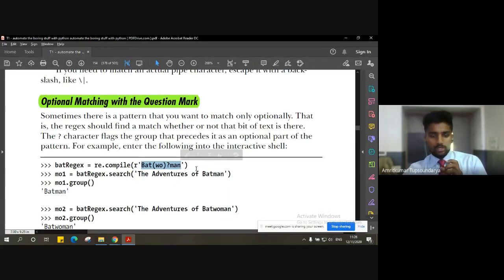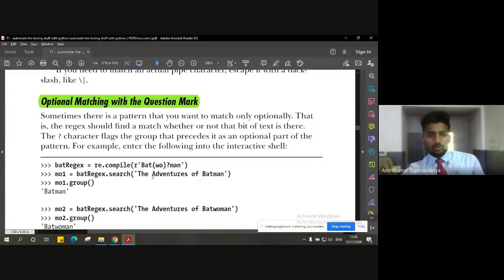our main regular expression, in which, if you can see here, we have the optional text which is followed by a question mark. So this question mark means that whatever is within this parenthesis is optional. So wo text here is optional.